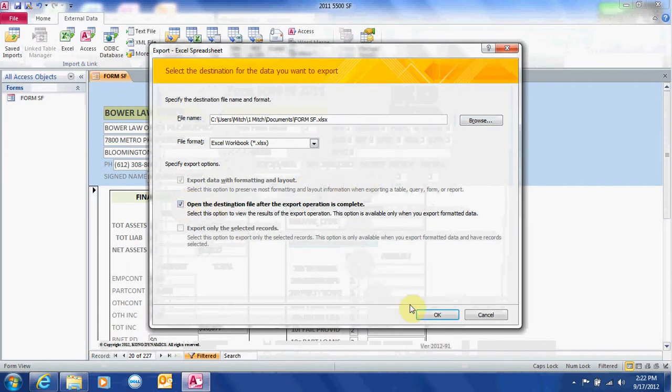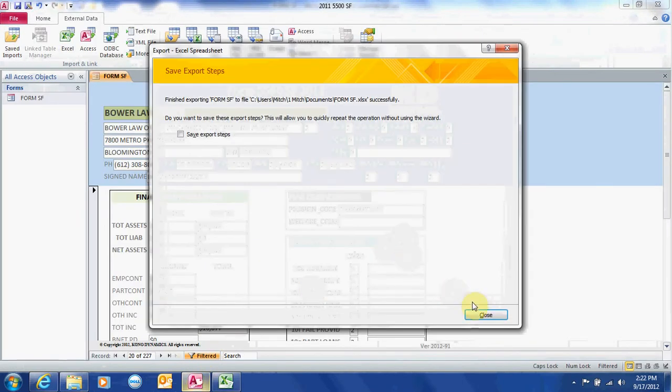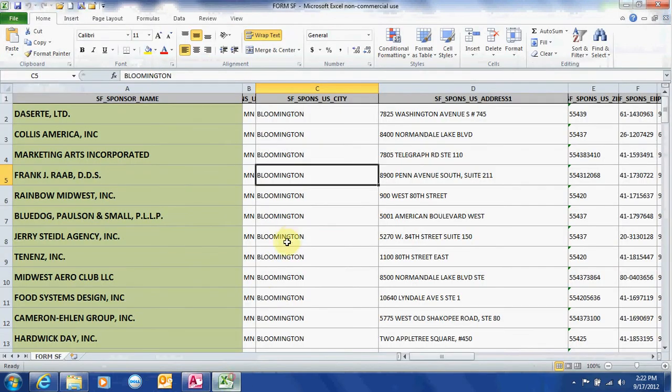How easy is this? And some of us don't know how to use Microsoft Access. Let me get this blinking thing. Every time it downloads, it blinks unless you do that right there. But some of us don't know how to use Microsoft Access that well. It's something that comes with Office if you get the professional version of it, and we just never use it. So I try to make the forms in Access very easy. The templates are set up. All you've got to do is put in the filters to filter it down, and then once you kick it out to Excel, this is where a lot of people shine.